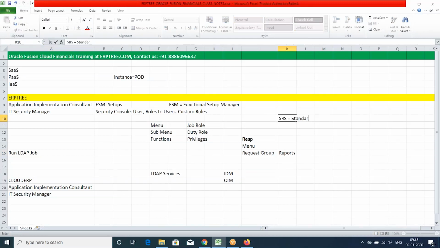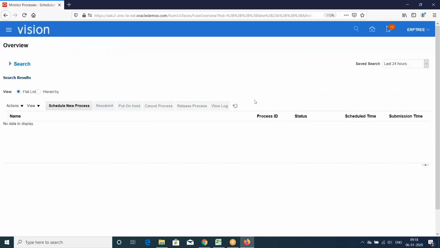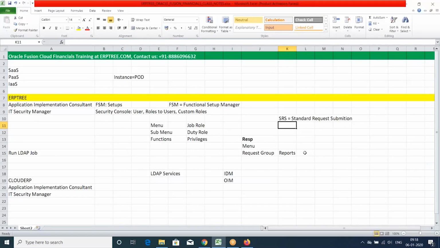Standard request submission window. Now this page is the same, but this is a web page, and that is a form. Here, this page we call the ESS job page, the Enterprise Scheduler Service page.